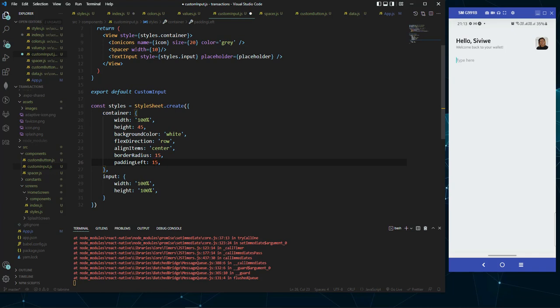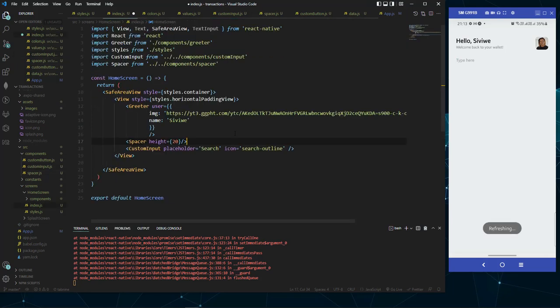And then we've got this input over here. We want to make sure that it takes up the entire width of the container, of the space that is allocated to it, as well as the entire height. And let me show. Okay, let's go ahead and save this. And if we save here,